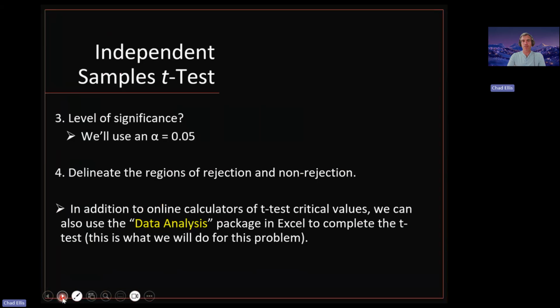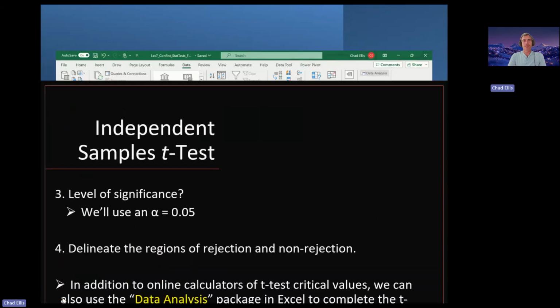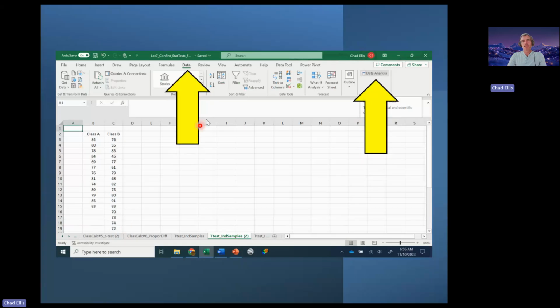But now I want to show you how to use the data analysis package in Excel to determine your t-value as well as your critical value. So you don't have to rely on those tables, the t-tables. So again, in Excel, the data analysis tab is found under data. If you go to data and you do not see this data analysis tab on the far right